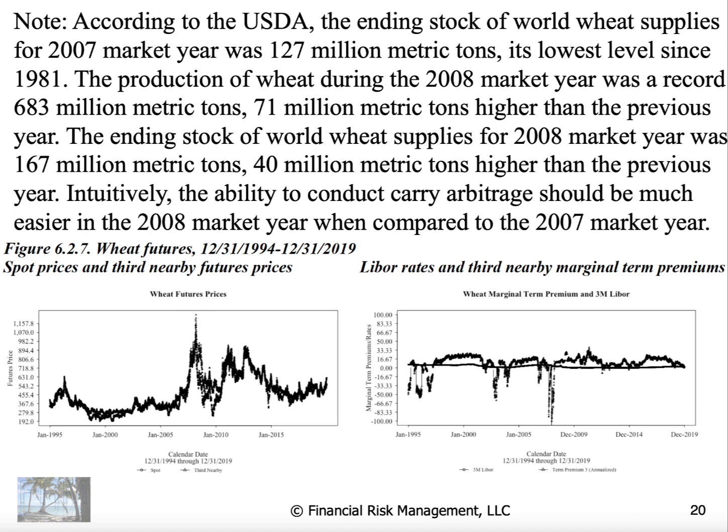It turned out the weather was near perfect, and the harvests were great in both the northern hemisphere as well as the southern hemisphere. The harvest season generally starts in April, I believe, out of India, and there are two different seasons depending on which hemisphere you're in. And so what we see is a great opportunity for a reverse carry arbitrage during the shortage, but nobody willing to do that transaction.